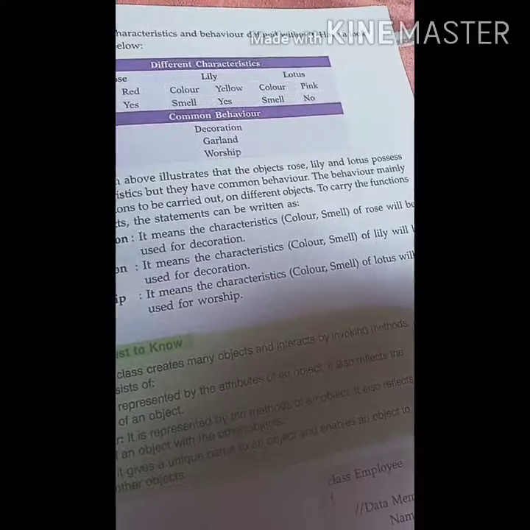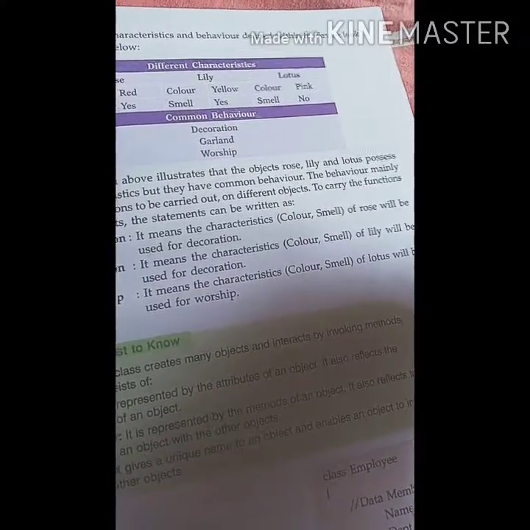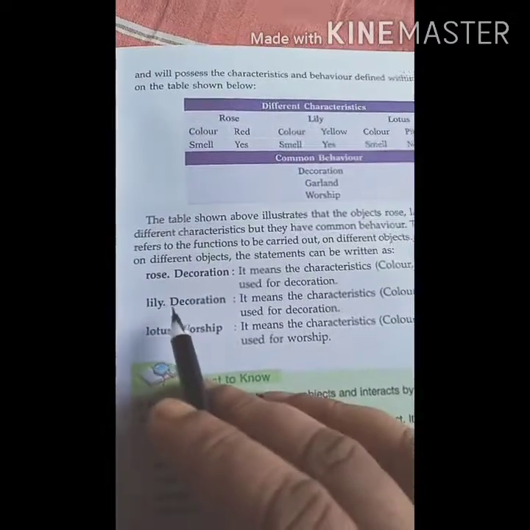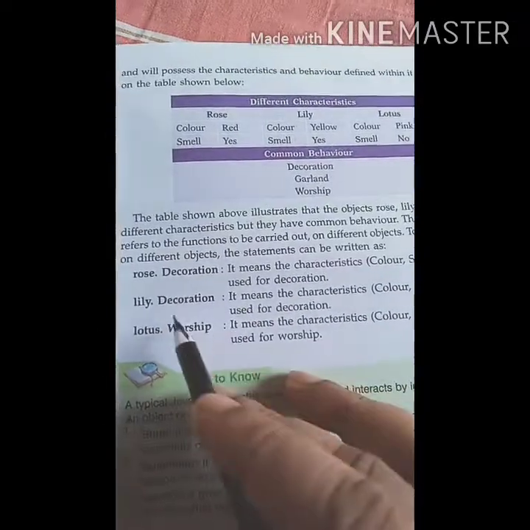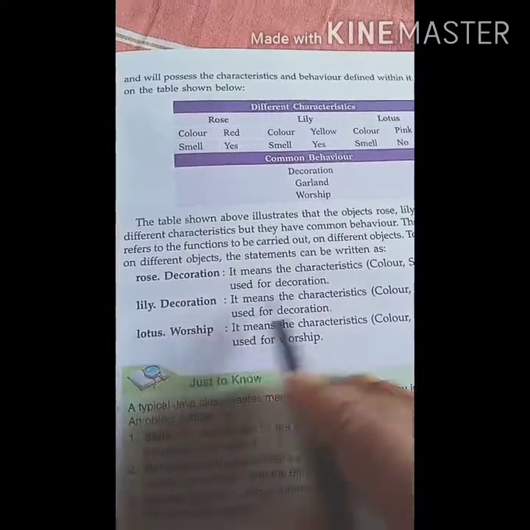It means the characteristics of rose will be used for decoration, okay. Lily dot decoration, okay. Lily flower we use for decoration.